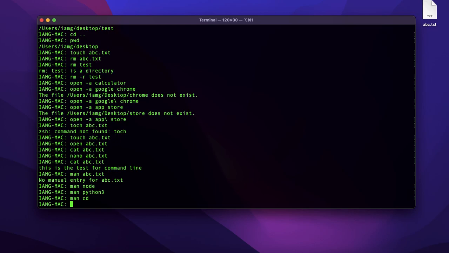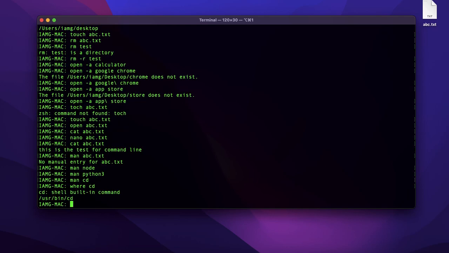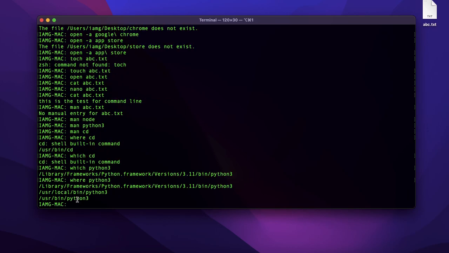The next command which we have, right? If we want to check where any command is located, we can type where, or you can type which cd, right? Where cd, it is going to say it is a shell built-in command. It is located in /usr/bin/cd, right? The next command which I have, which is very important,